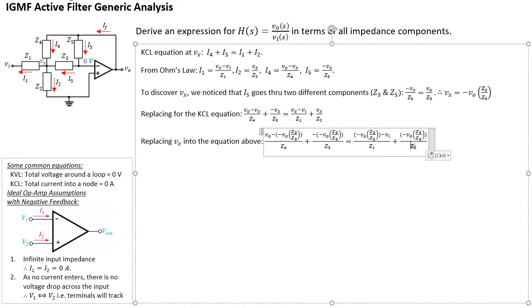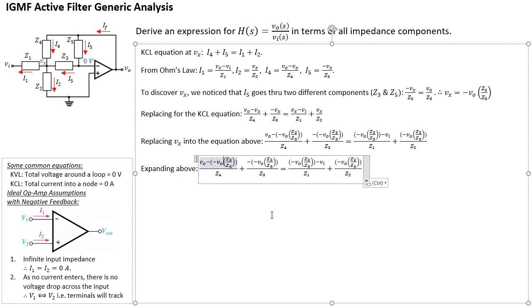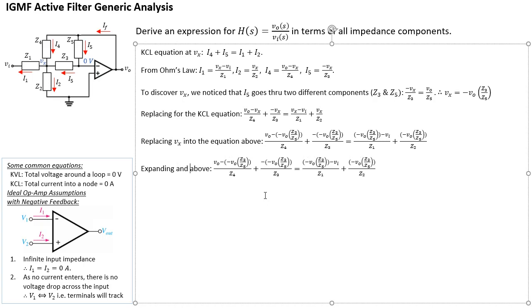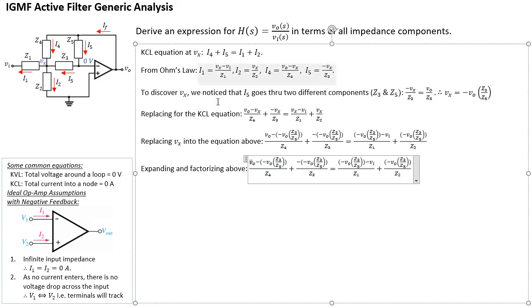Okay. So next thing is obviously just to expand this. All right, so expanding above. So what are we gonna get? I'm just gonna copy this down again. Okay. All right. So here, you have a VO minus minus. So obviously it means VO plus, and then VO times this. So I think I'll do expanding and factorizing. So I'm doing factorizing. All right. So this is going to be, like I said, VO plus, and